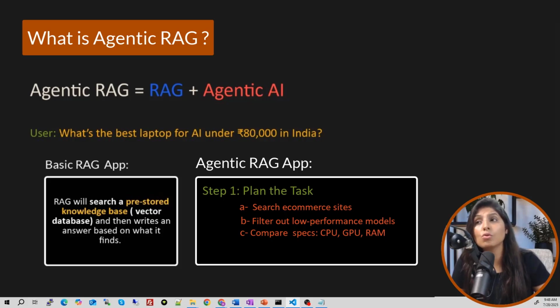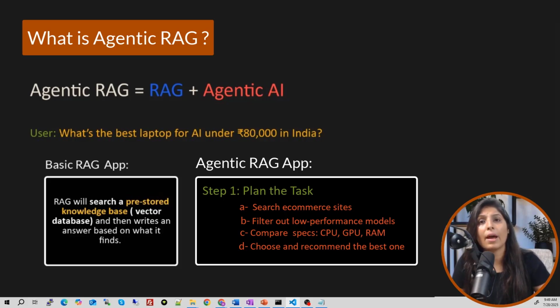Then I need to choose and recommend the best laptop. So this initial step-by-step thinking is what makes it agentic. Here the agent is not just reacting, it is planning first, and after planning, it performs the task step by step to achieve the result, right?